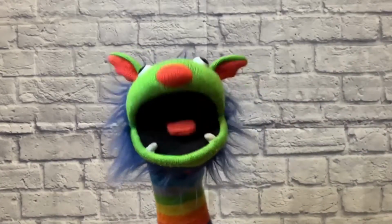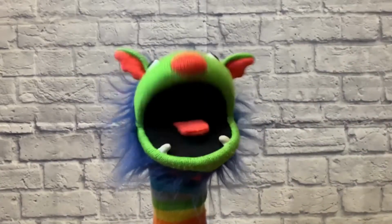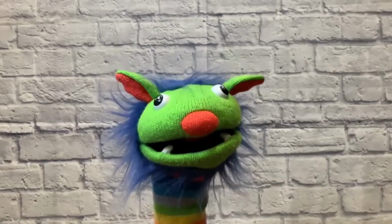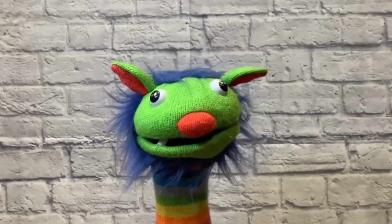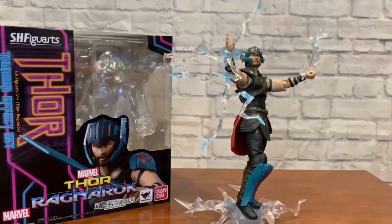Today we've got a special treat for you from our friends at Bluefin Brands. S.H.Figuarts Thor from the movie Thor Ragnarok. Yes, this is Thor as he appeared in the film Thor Ragnarok, specifically during the arena sequence on the planet Sakaar. Oh yeah, that has got to be one of the most enjoyable Marvel MCU films to date,